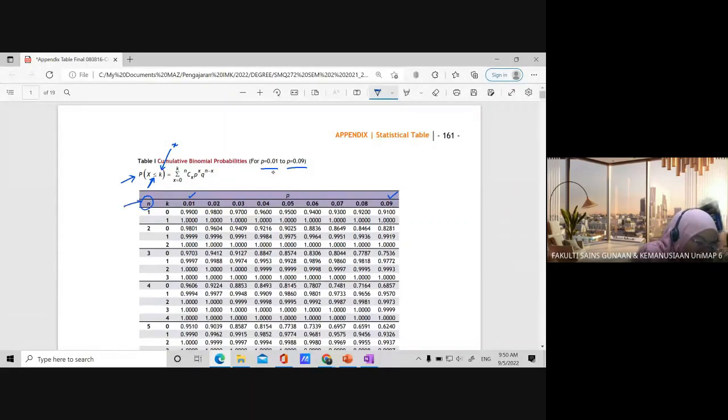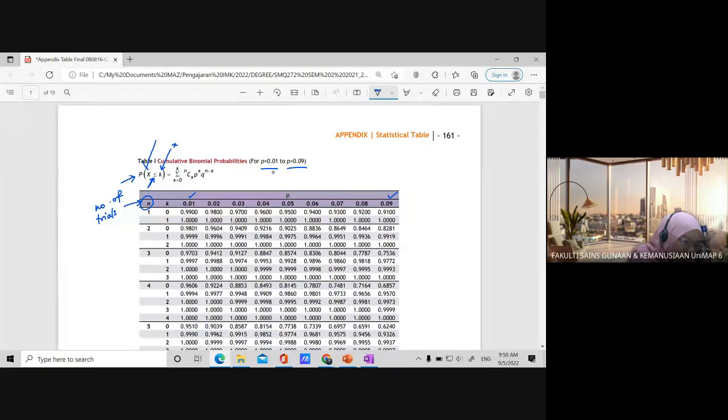From our previous discussion, what is n? What is n? Number of trials. N is the number of trials. Okay. What is